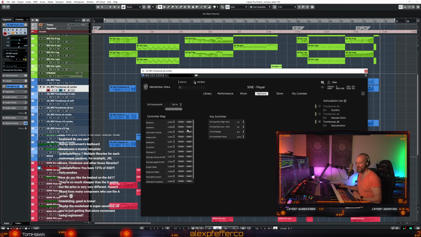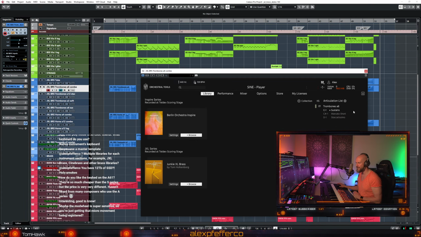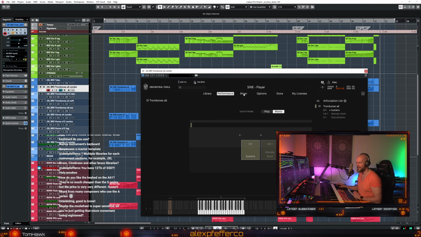So we talked about the options. You have all kinds of controller maps going. The key switches, you can decide where the key switches start, because when you load in stuff, you always see, let's make this again with key switches. I'm probably messing up my entire demo here. But you see that,